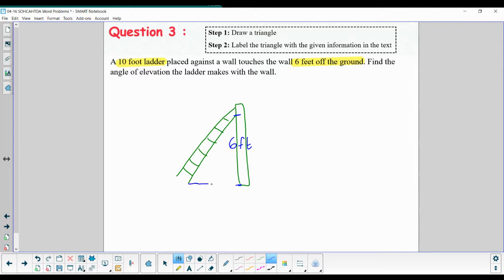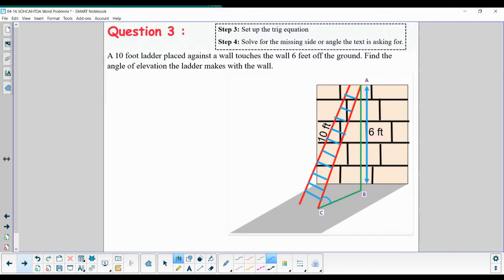And now I need to make myself a triangle and figure out what else I know. I know that the ladder itself is 10 feet long. And it's asking for us to find the angle of elevation. So if you guys remember from before, the angle of elevation is this angle down here. So we are looking for that angle. You can put a theta, you can put an x, whichever thing works for you. So let's double check our picture. Here it is. I have 6 feet off the ground, a 10-foot ladder, and then this is my angle that